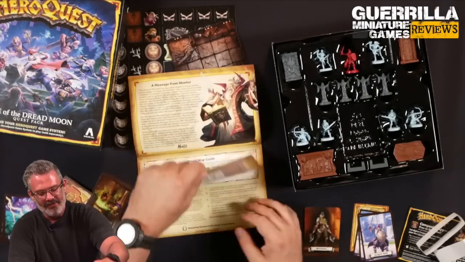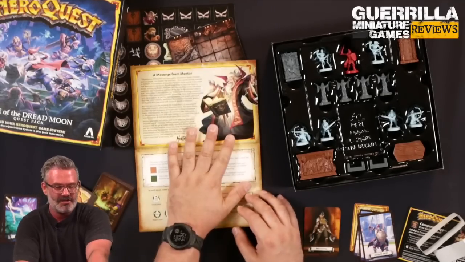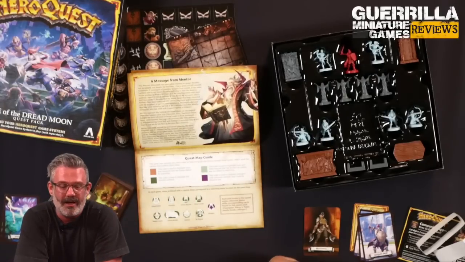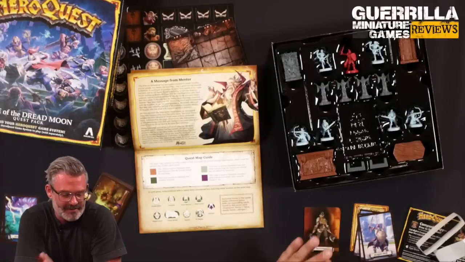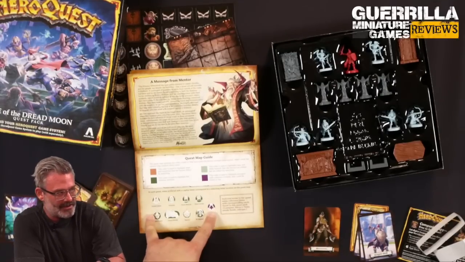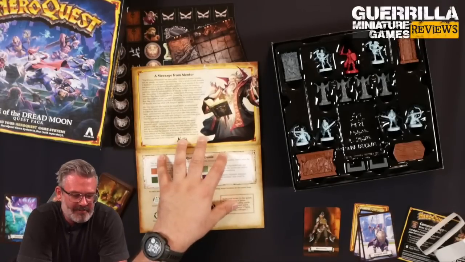Now, I'm not going to go through too far because I don't want to spoil the story of this. Now, they should be played in order. The goal here is that you're going to play these as a single storyline, starting off with the first mission. You get your symbols showing what each of the different elf types looks like. And the basic premise is the Princess